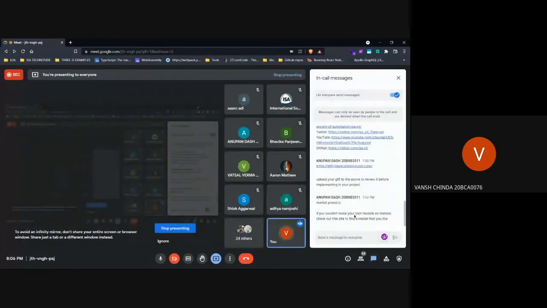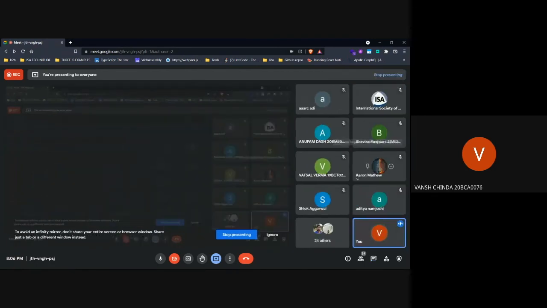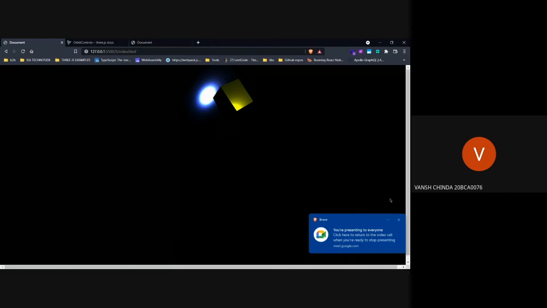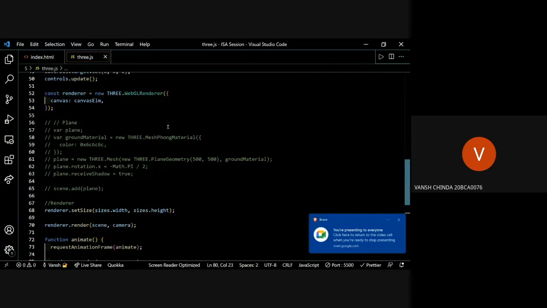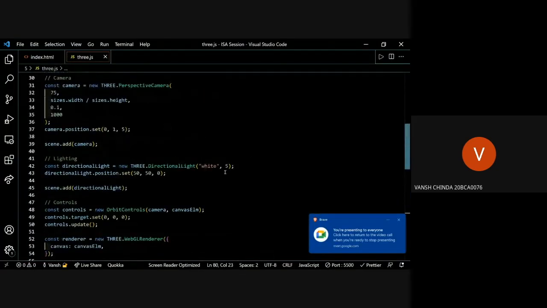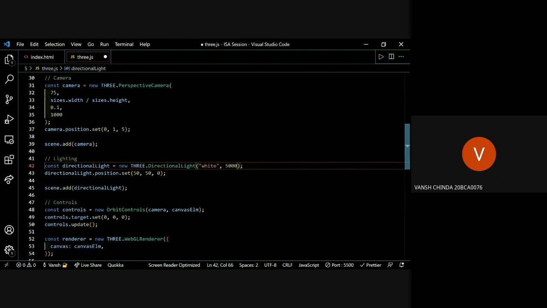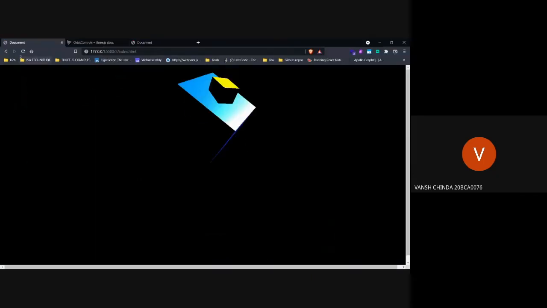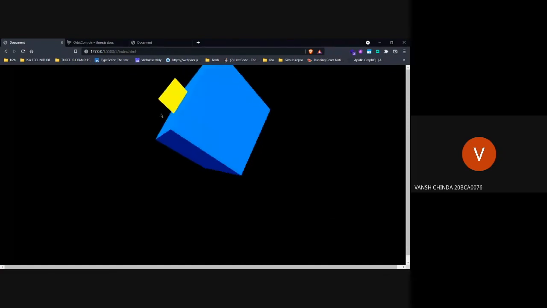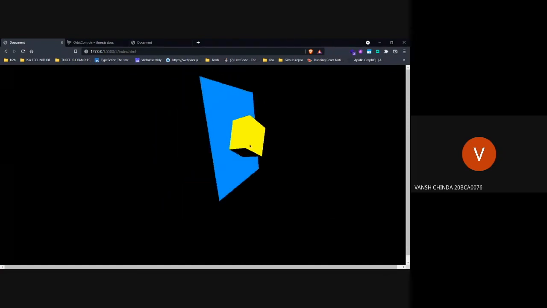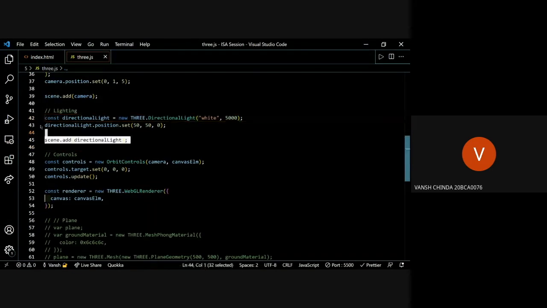If you have any questions, you can turn on your mic and ask them. Okay, I guess not. Let's move further. We'll just increase the intensity of the light. Let's move it to 5,000 and save it. Okay, so you can see the cube really well now. Let's add one more light.